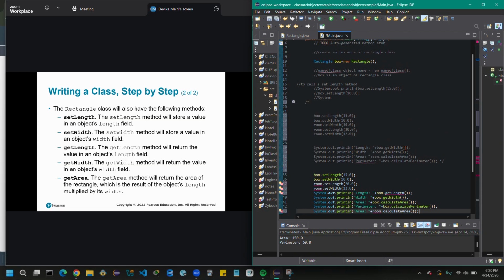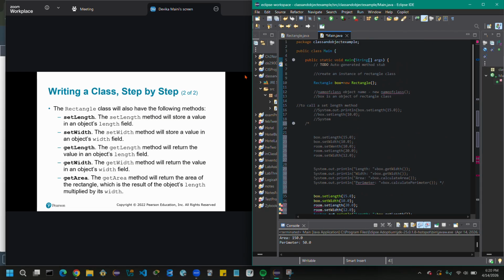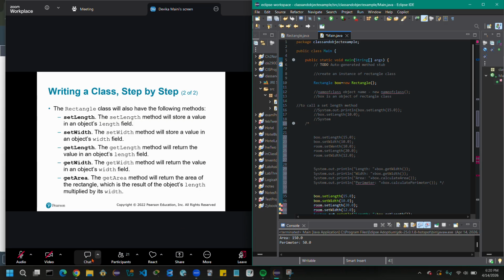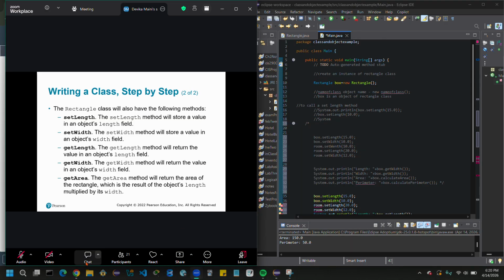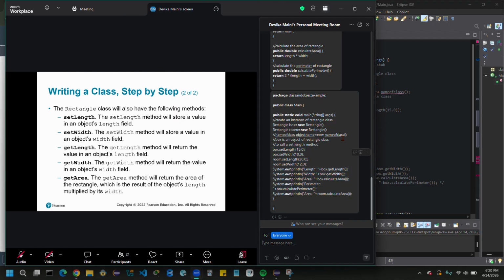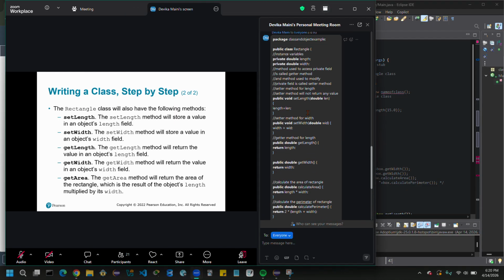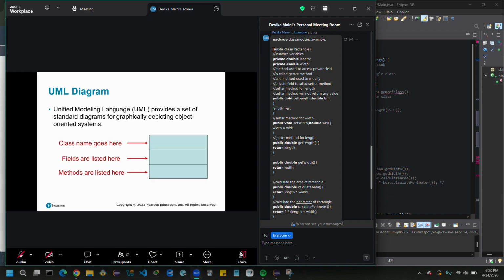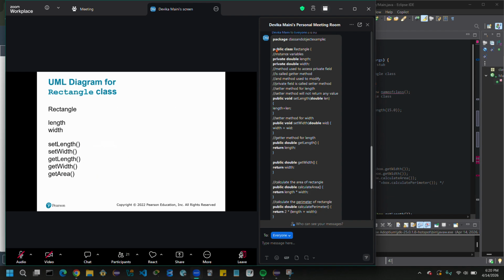Set width method will store a value in an object's width field. Get length returns the value in an object's length field. And get width returns the value in an object's width field. And the area will return the area of the rectangle, which is the result of length multiplied by width. That is the UML diagram.